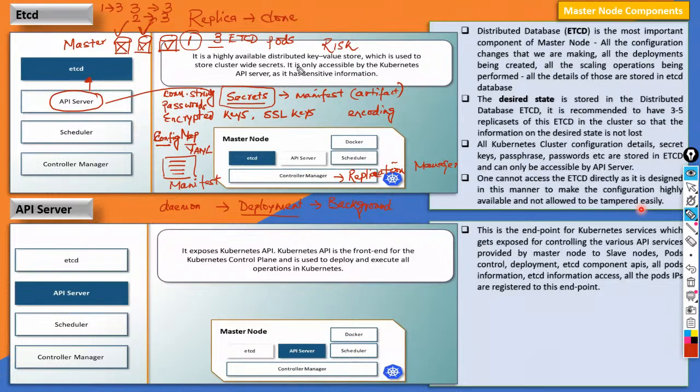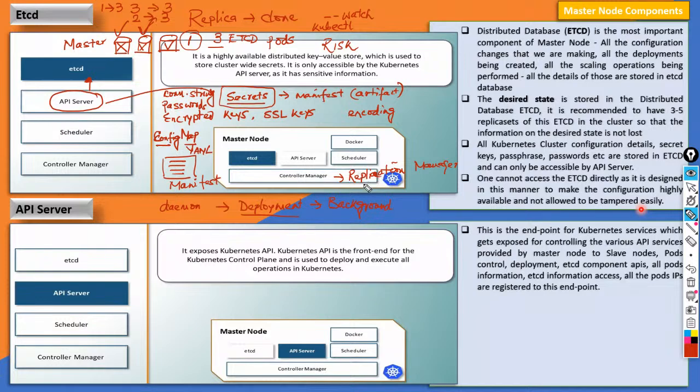I can watch. There is a watch option. I can give a kubectl command. The kubectl is the interface. With that, I can give an instruction that I want to watch the recovery, how much time it is taking. You will see it is so fast. Even before you have executed the command, you will see that the pod has been replicated. So